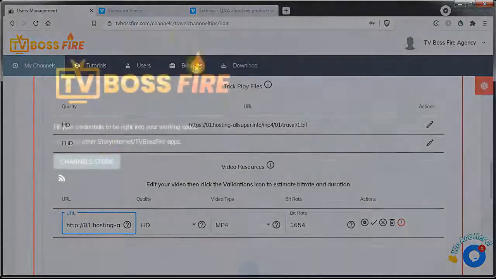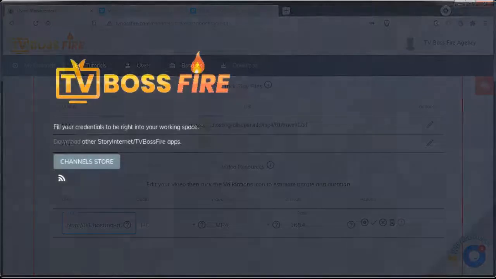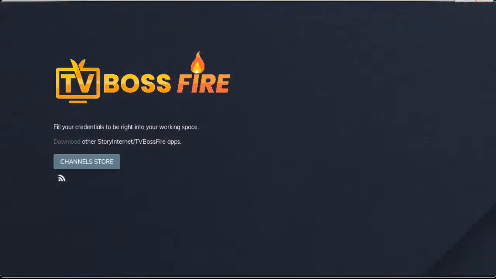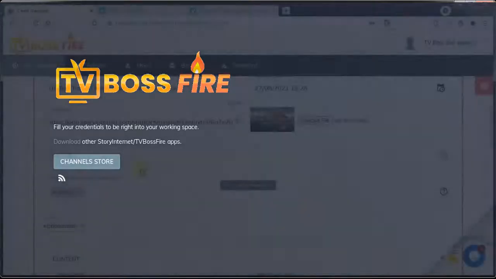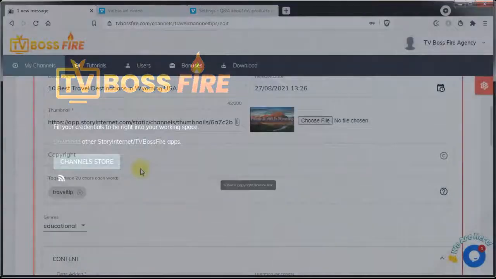Now, if you use a VPS or dedicated server to host your videos, the process should be something as follows. Depending on your hosting platform, you should access the control panel or FTP and upload your videos. In some cases, the provider will have an option to just click and generate the link, but in most cases, you need to generate that link, but it's not that complicated.